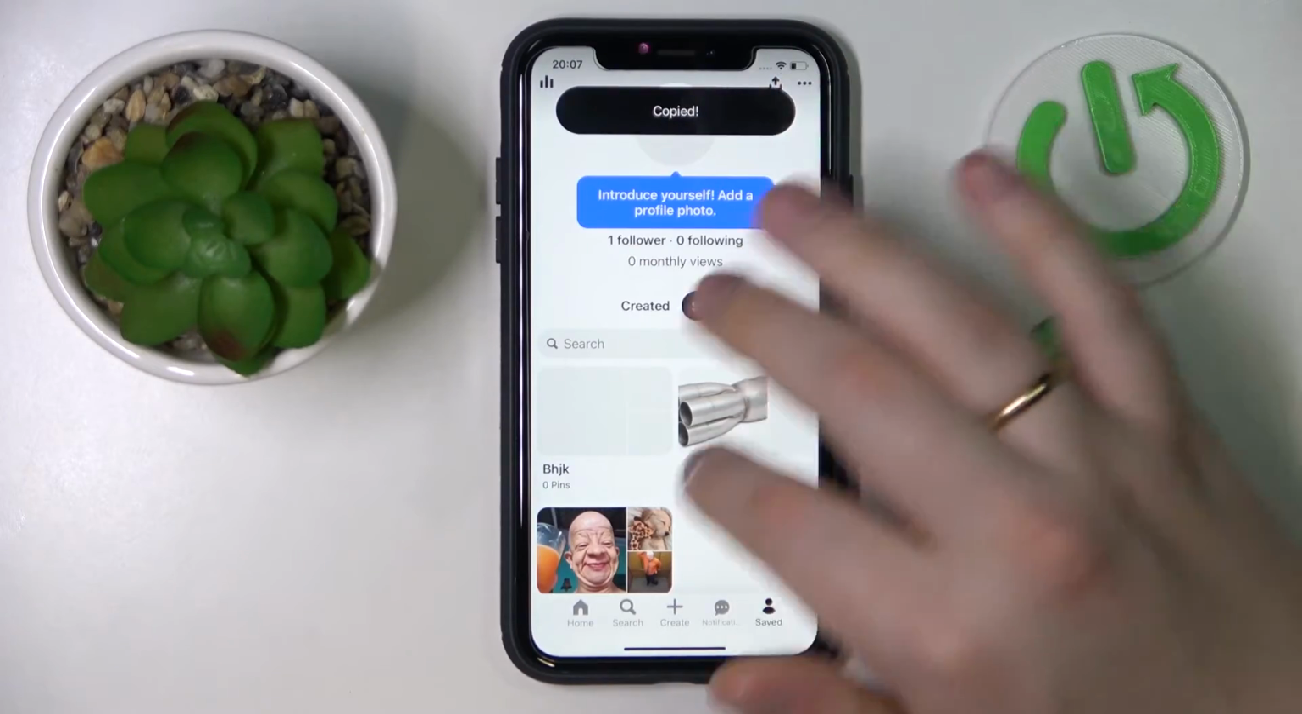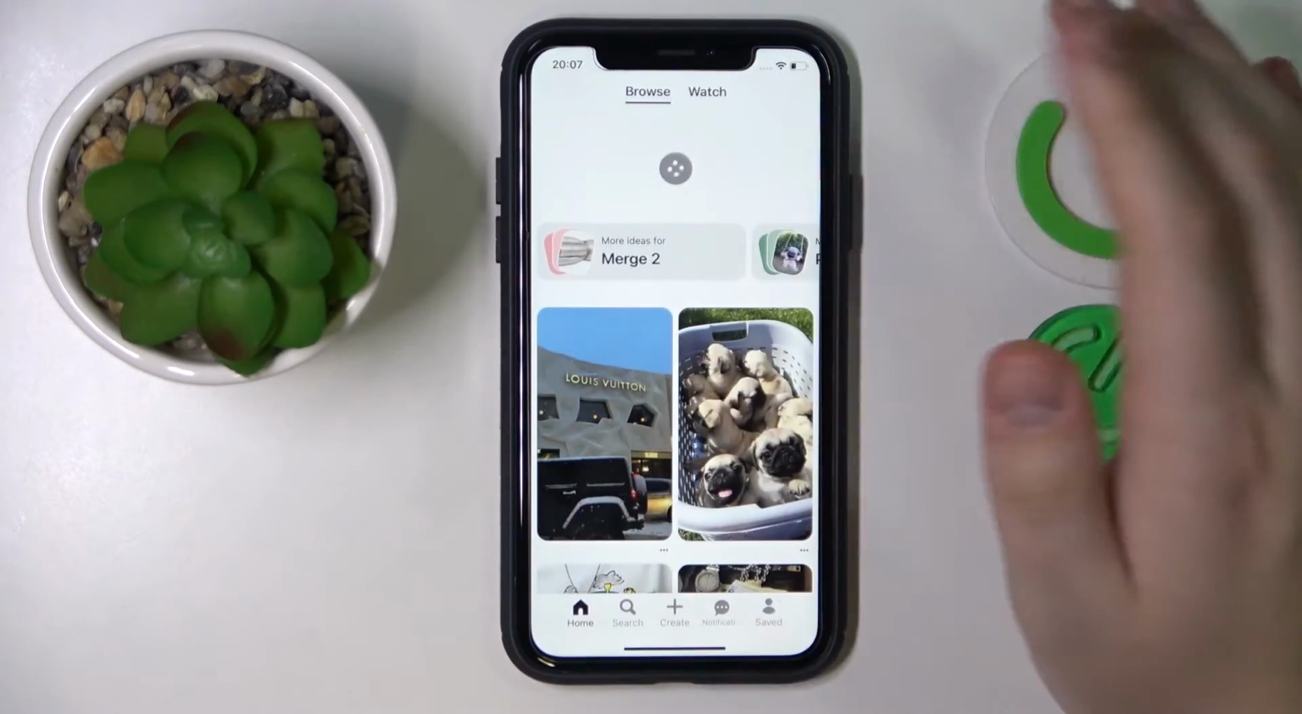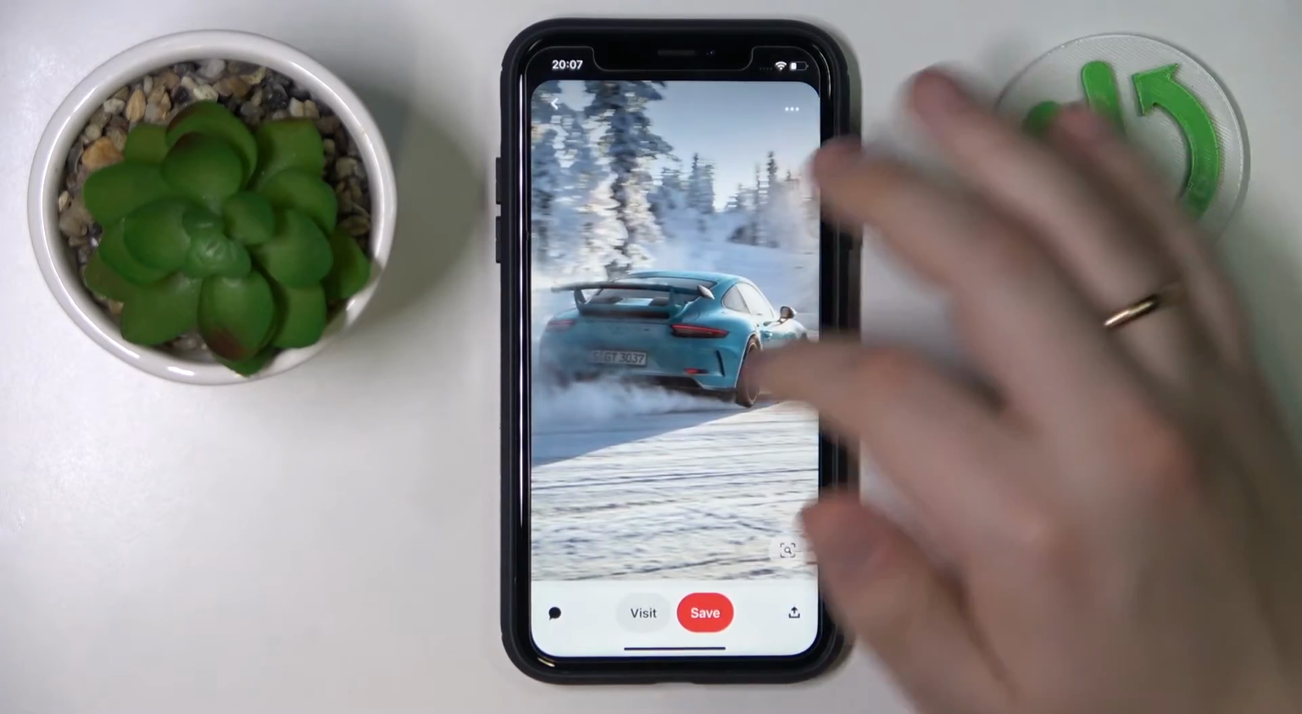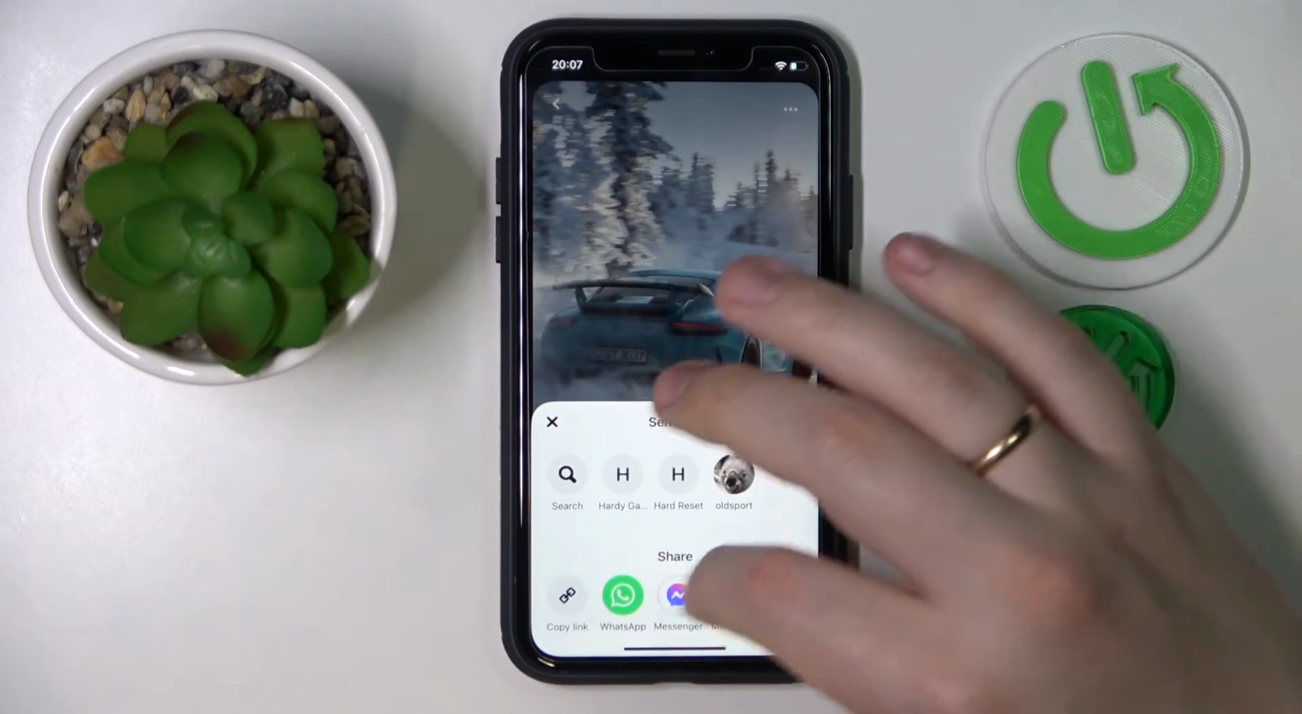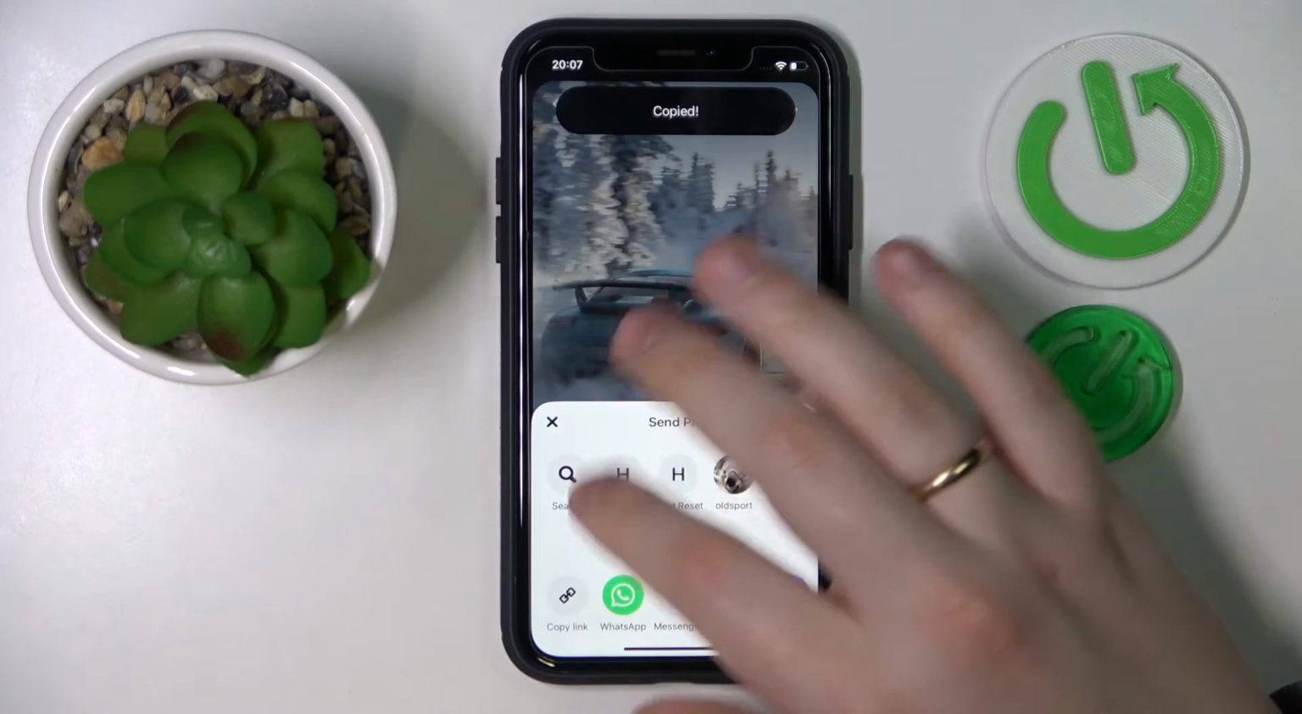If you would like to get the link to any of the pins, just open it, choose the send option and go for the copy link. Alrighty, so I guess